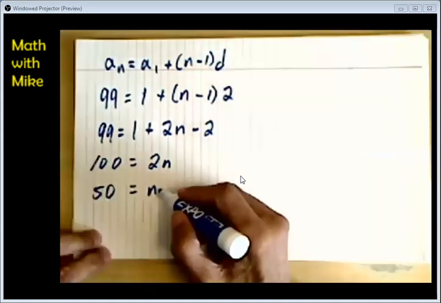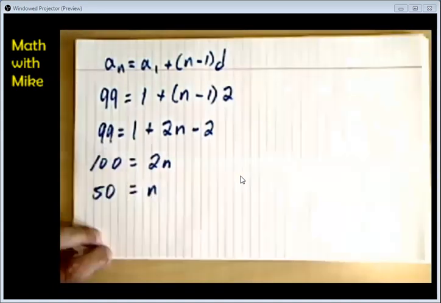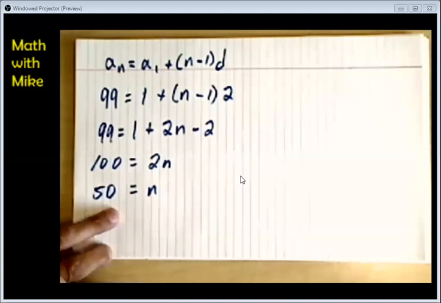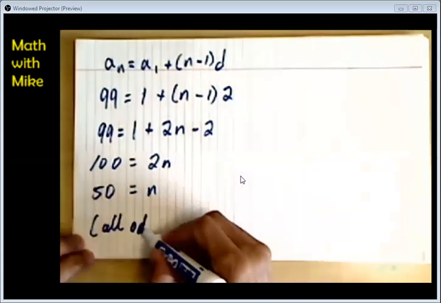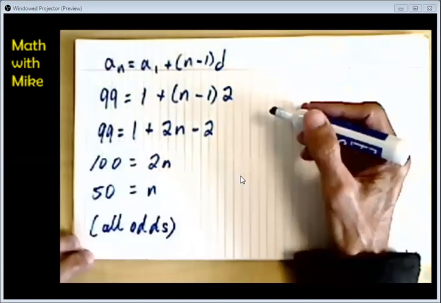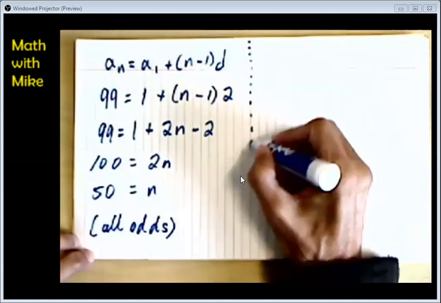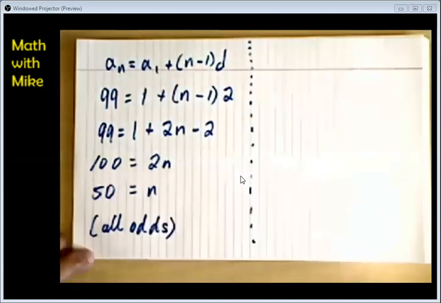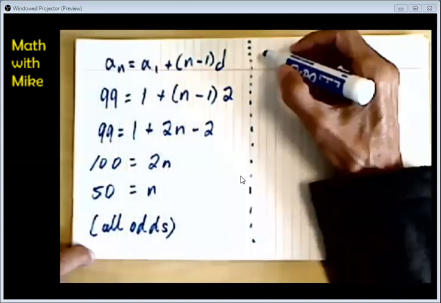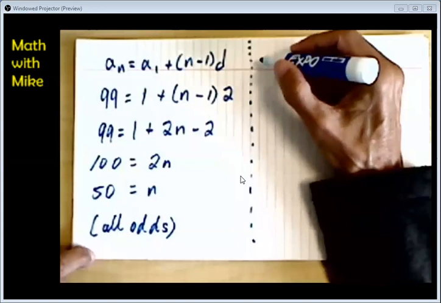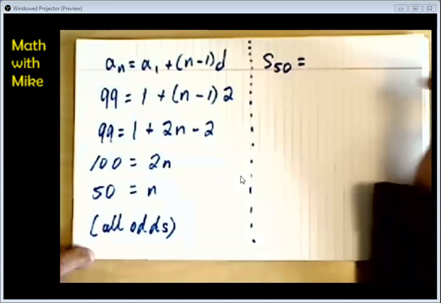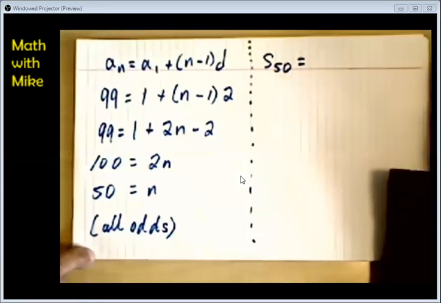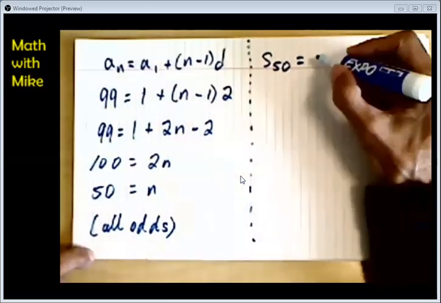Another way to think about this is that these are all the odd numbers between 1 and 100. So if there's 100 numbers, half are even, half are odd, there's going to be 50 odd numbers. All the odd numbers, 50 of them. So we could have skipped around the formula in order to jump right there. But to get now the series sum of all of these, that is the sum of the first 50 terms of our given sequence, the sum of all the odd numbers below 100. That's going to be